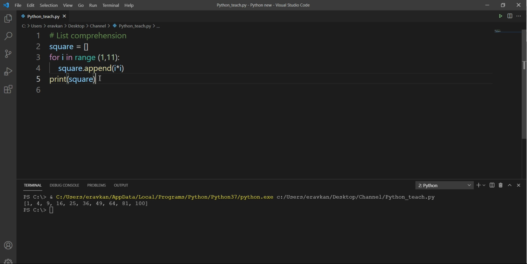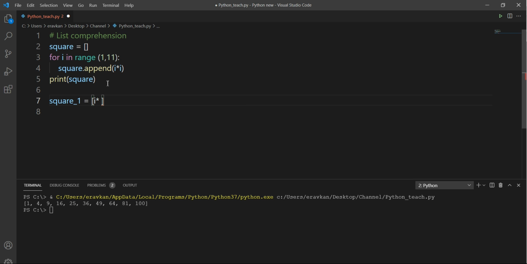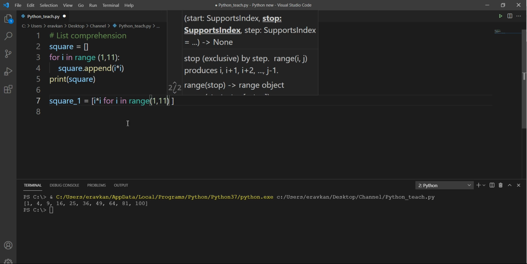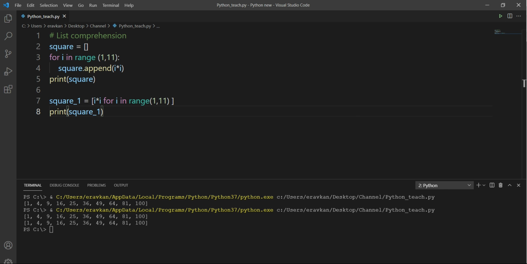See, all the squares I got. Now how will I do it with list comprehension? square_1 is my new list that I want to create. In list comprehension, I want to append i multiplied by i for i in range 1 to 11. So this is done in one line. If I print my square_1, you will get the same value.